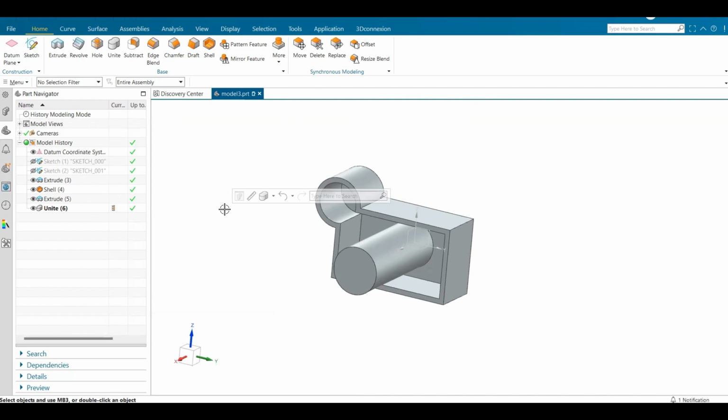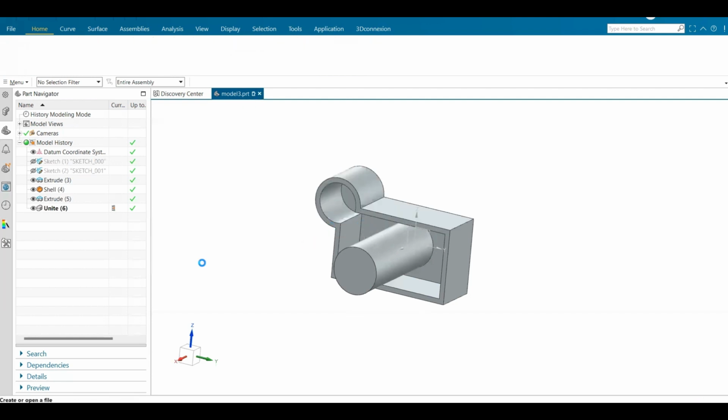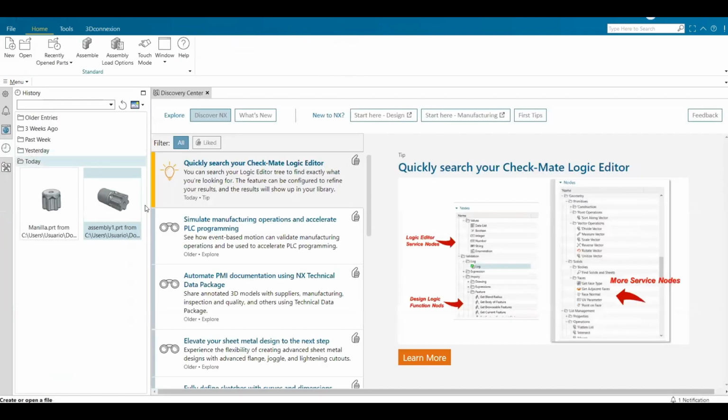Okay, so we saw dimensions, relationships, root command. Okay, let's jump into drawings and assemblies. Let me close this one. There we go. So at the beginning of the